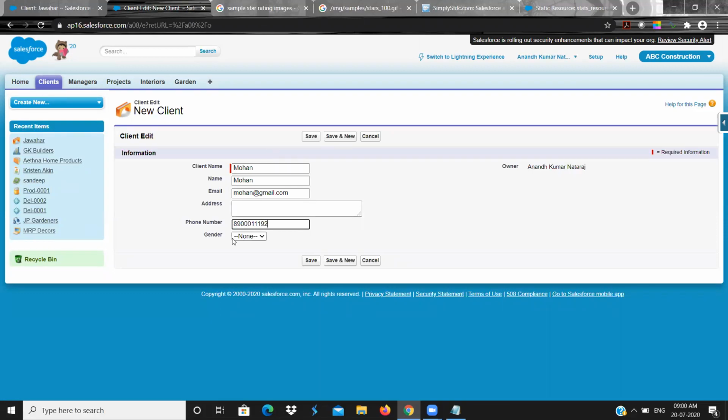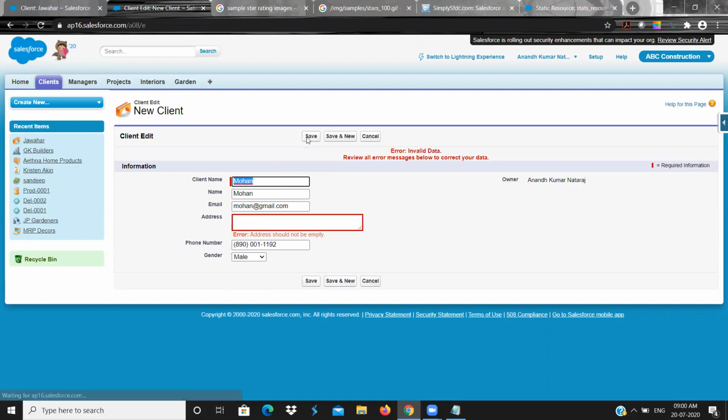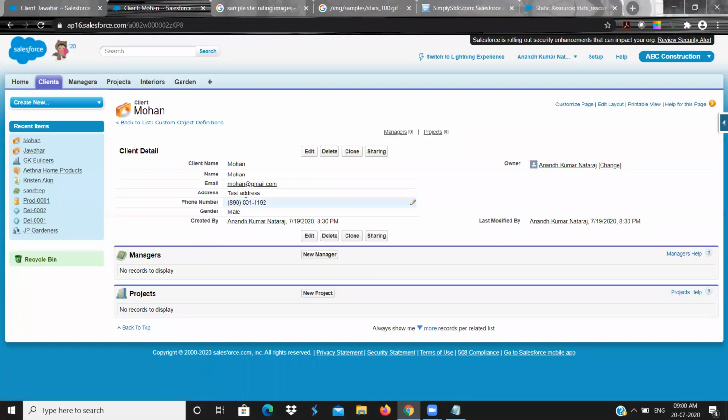And gender. So save. See, address should not be empty. That is the error message that I am getting. So what I will give, test address. Now I can give save. Now it will save the record. So this is the validation rule.